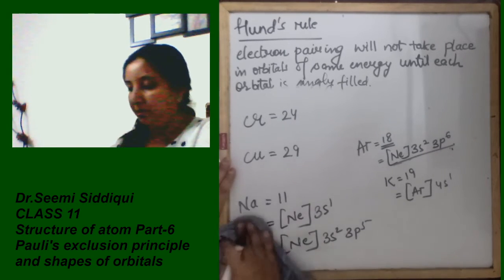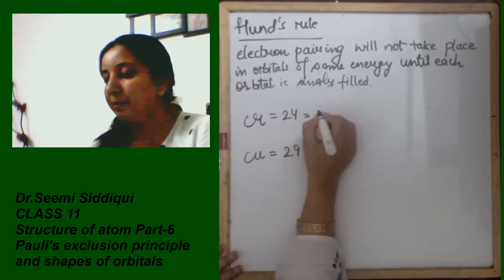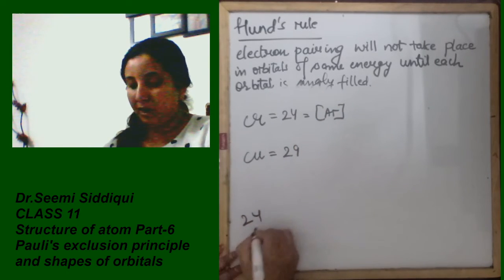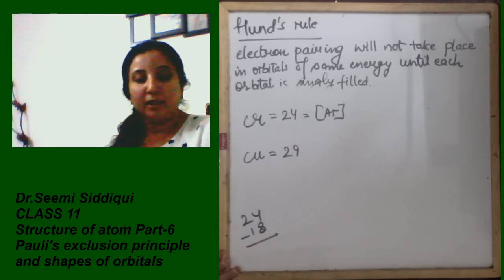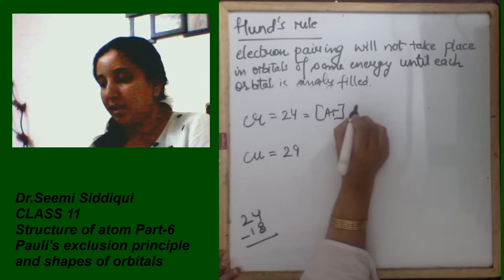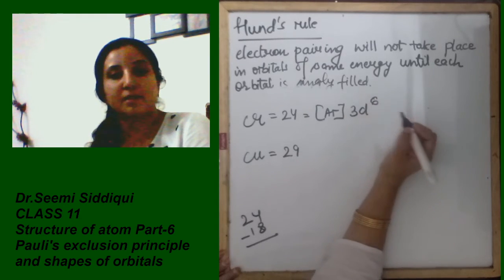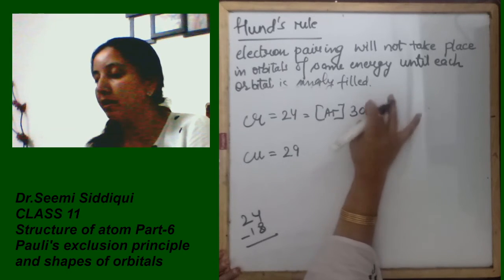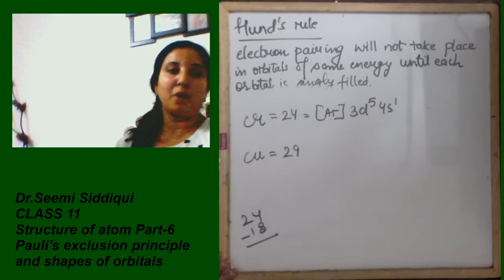कैल्शियम is also not a problem. Now coming to chromium, मैं क्या कर रही हूँ, argon लिख रही हूँ. Argon का मतलब क्या हो गया, 24 minus 18 electrons कर लो आप over here. कितने electrons बचे आपके पास, 6 electrons. Now in this case electronic configuration क्या होनी चाहिए थी, 3d6, isn't it, जो हम पढ़ते आए हैं. But exceptional is what, we write down the 3d5 and 4s1.